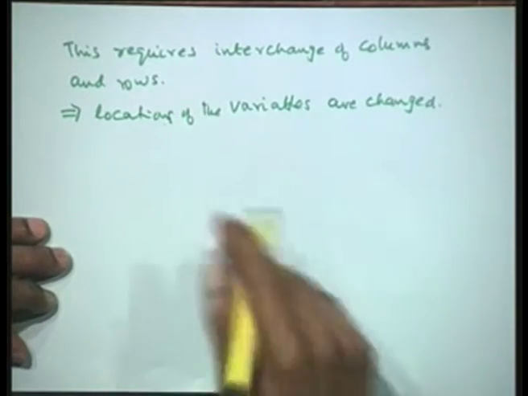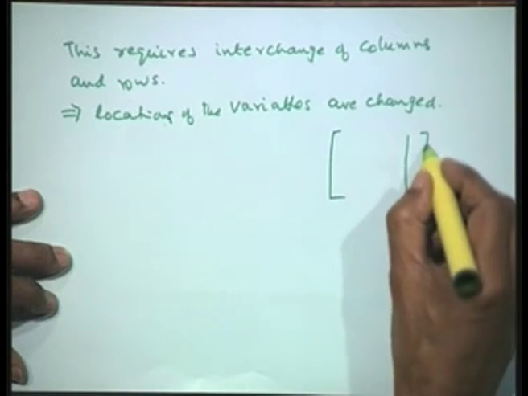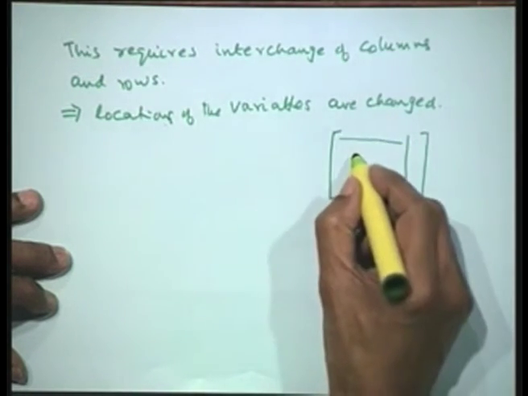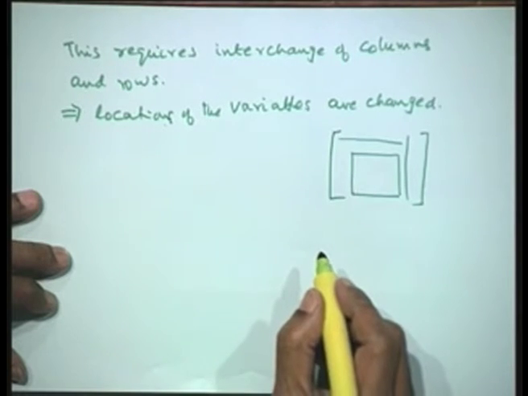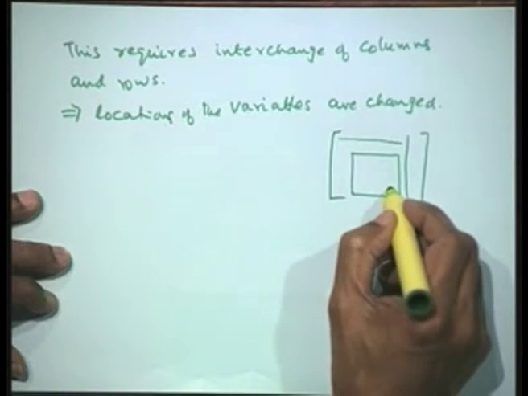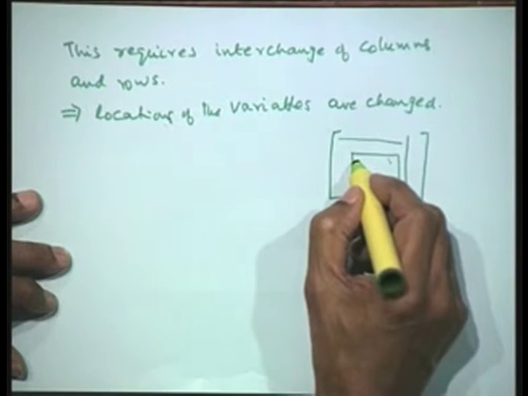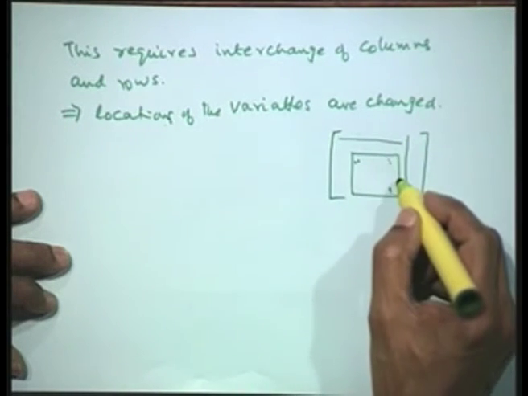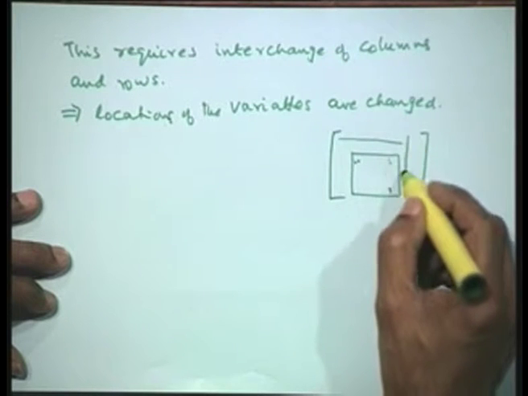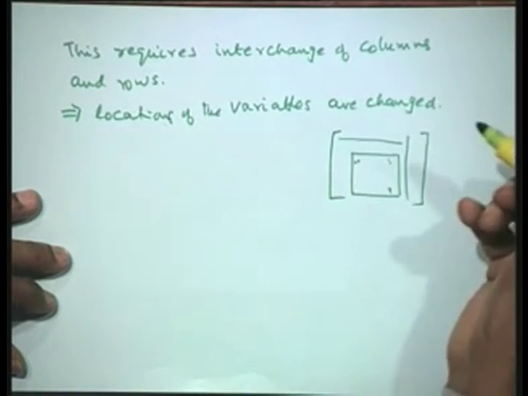Now let us suppose we have done this and we have gone to the next stage. What would the next stage look like? Now the first row is left as it is. I will be taking the n minus 1 into n minus 1 matrix in the second stage, again find the largest element in magnitude, and bring that as the second pivot. So again this requires interchange of the second row with that row and this column with the second column. Now the interchange that was made earlier, let us say variable x1 and x50 were interchanged earlier, it is possible that the variable that was changed gets disturbed again.